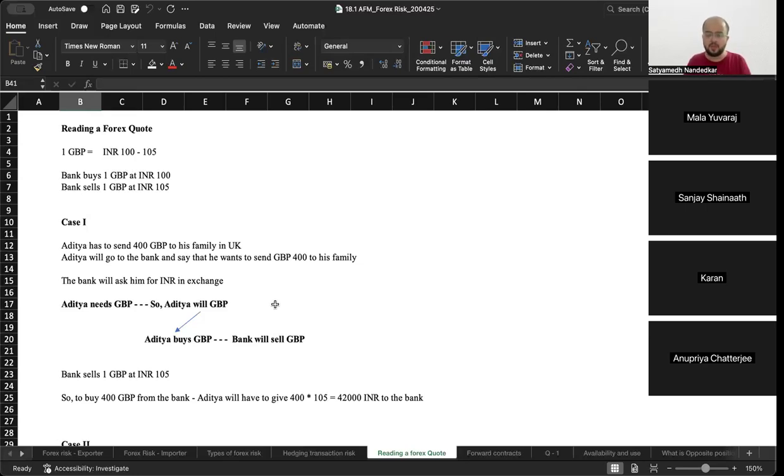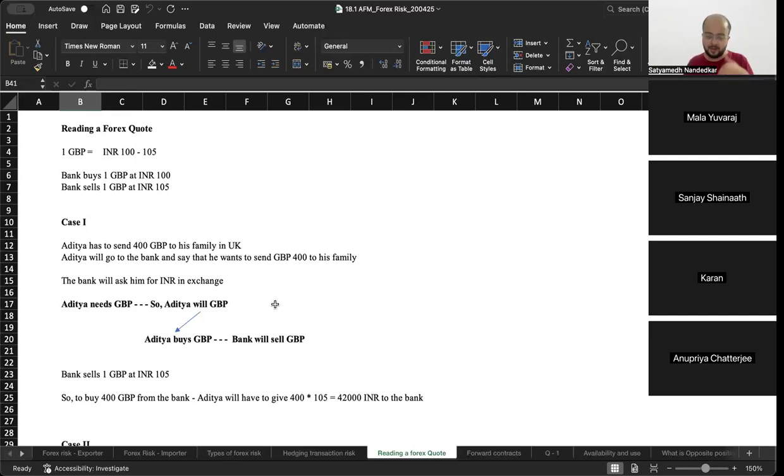The bank will have a very simple statement. You want 400 pounds? Okay, we will give you 400 pounds, but in exchange, you have to give us something, and that something is rupees. So I will go to the bank, that Aditya will go to the bank and he will buy pounds, and he will have to give